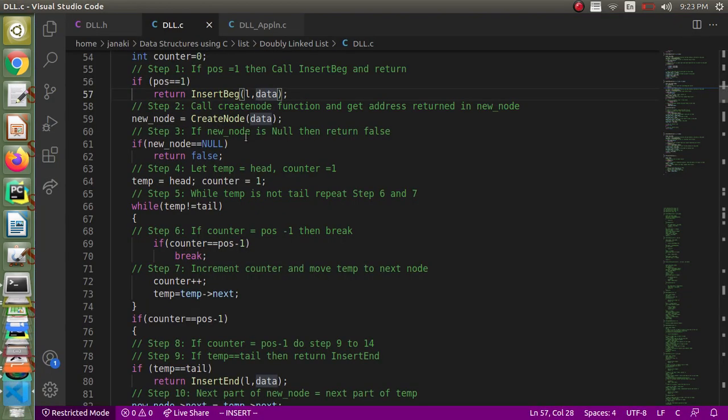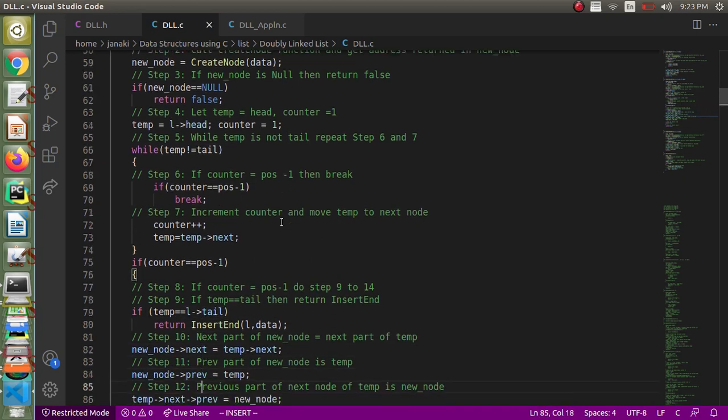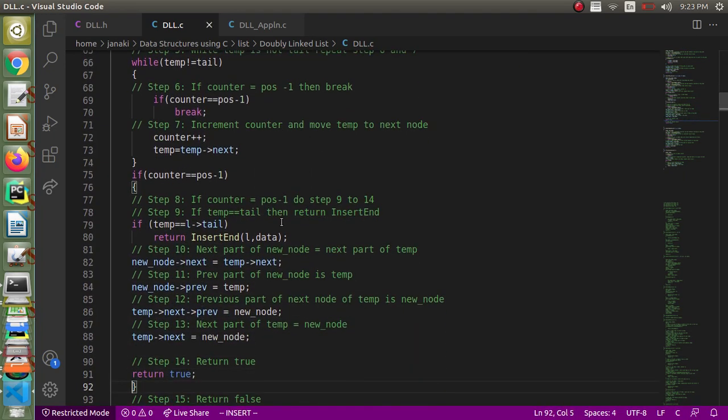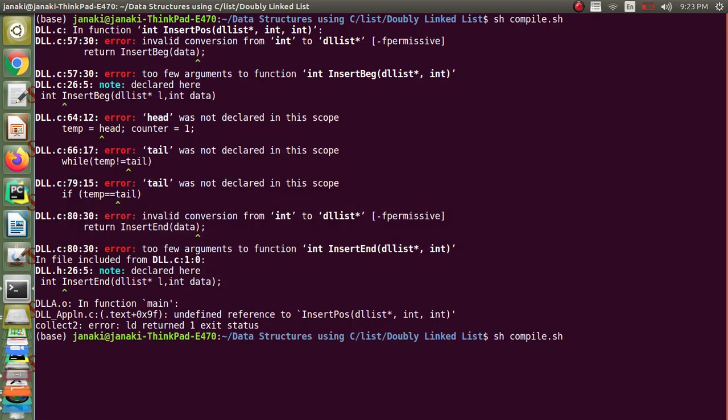Head. When I am referring, I should tell L head, not simply head, it is L head, right? And then anywhere else, yes, when I am accessing here tail, I should tell L tail. And yes, anywhere else I have accessed. Let's compile and check.